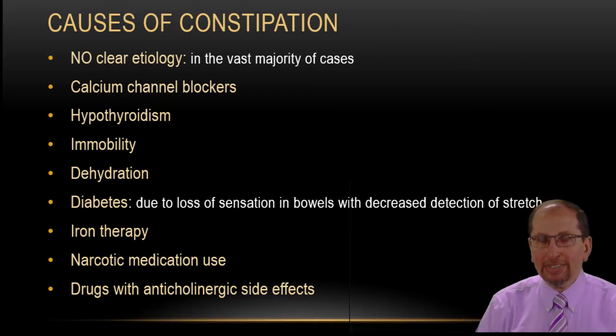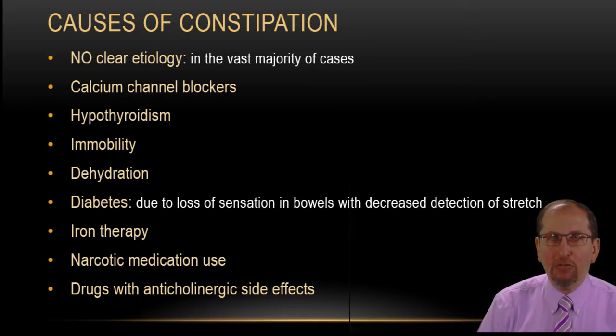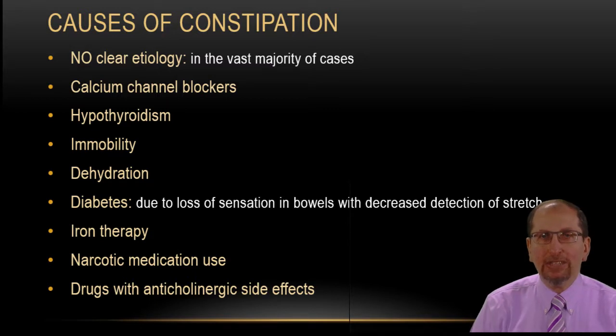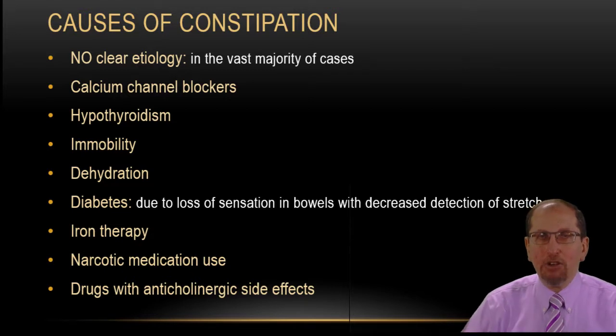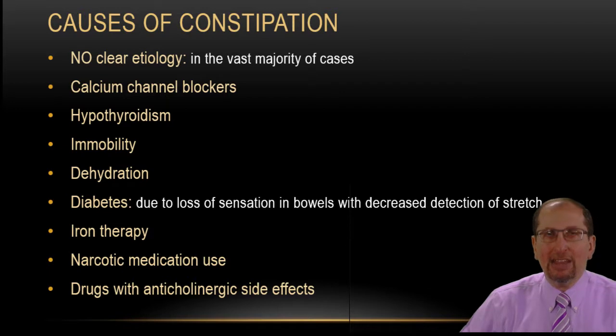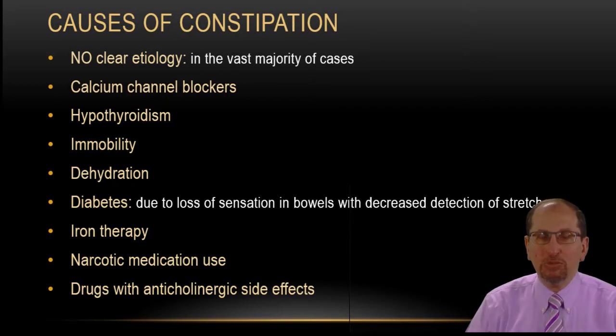Diabetes. In diabetes, we get kind of numbness to the nerves. Like diabetic patients, why do they get foot ulcers? Because they have numbness. They do not feel it when something goes into the sole of the feet. Because of what? Because of this neuropathy. Well, they have the same neuropathy in their guts, so they do not feel it when the gut is distended. And because they do not feel it, they do not feel the urge to go to the toilet, and this will result in constipation because of the neuropathy seen in diabetics.